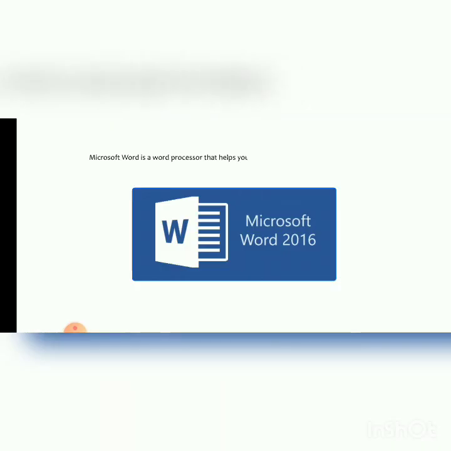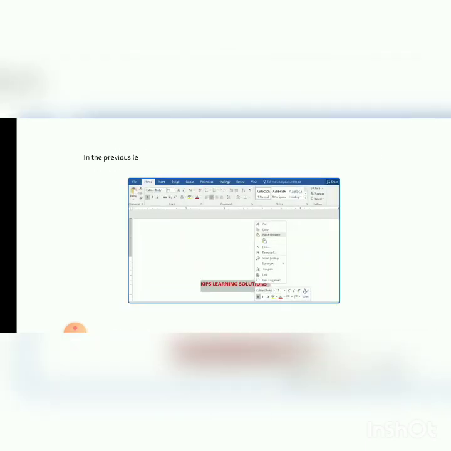Microsoft Word is a word processor that helps you to create documents with a professional outlook. It not only provides the facility to type and edit the text but also offers features to enhance the overall appearance of the text. In the previous lesson, you have learnt various basic editing and formatting tools like inserting, moving, copying, changing the font, text alignment, etc. In this lesson, you will enhance your skill by learning some advanced editing and formatting tools. Let us see the quick view.